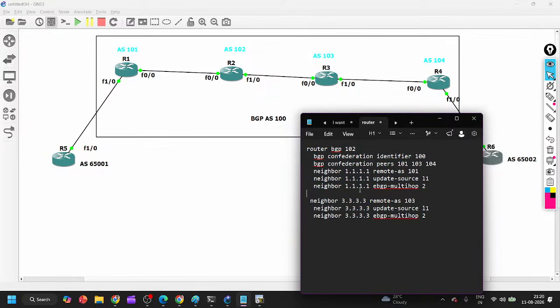Then go to R3. On R3, the identifier is 100, my AS number is 103, and the configured peers are 101, 102, and 104. Neighbor is 2.2.2.2, remote AS is 102, update source loopback 1